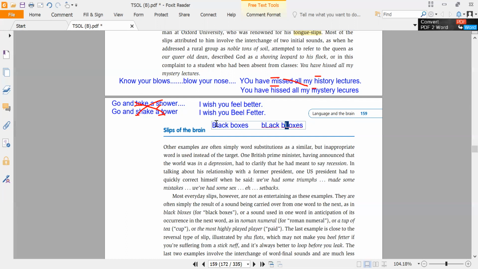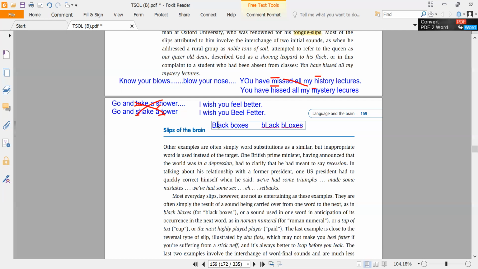In the previous one, which we talked about as spoonerism, what happens? The initial consonant sounds of two or more words are reversed, they are exchanged, right? Here in this second type, one sound is taken from one word into another, right? It's made part of the second word as well. That is what you may refer to it as, right? We may carry a sound from one word to another word, just as you can see in this example. Okay.